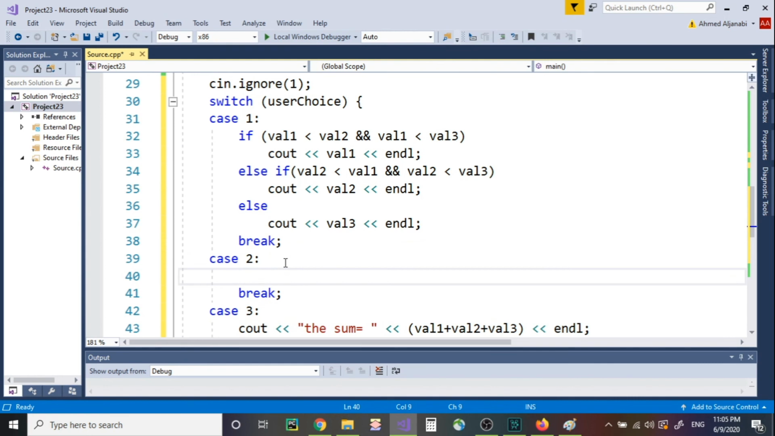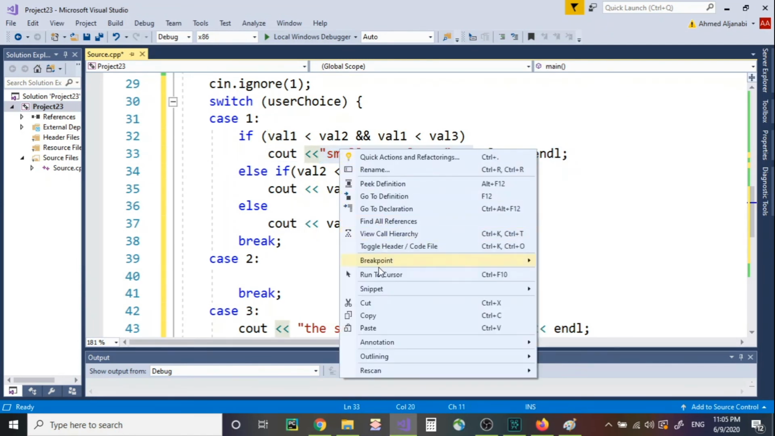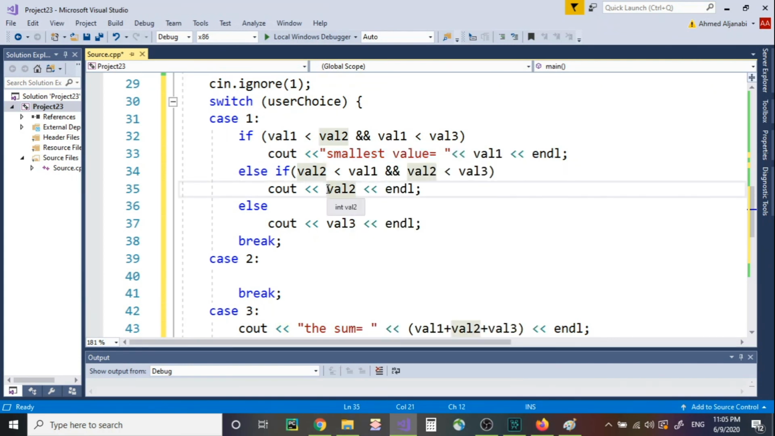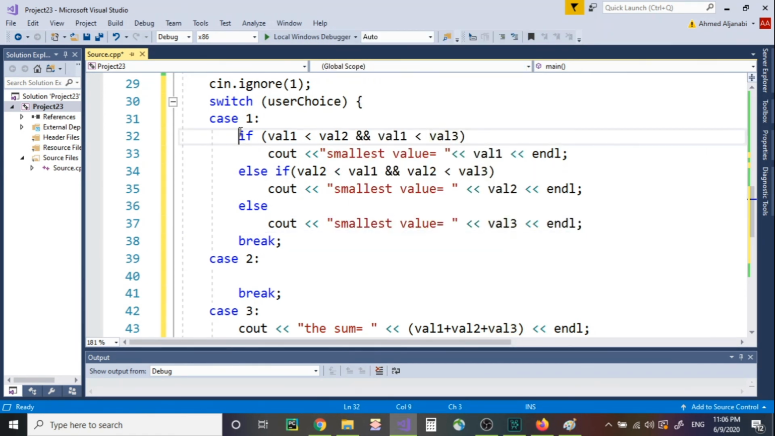Well, here I'm looking for the greatest, so let me just put here, I'll just say smallest value equal, and I'll put something like that. That makes sense. So let me copy this, put it here, and then put it here. One of those cases is going to be true. Now let me copy this